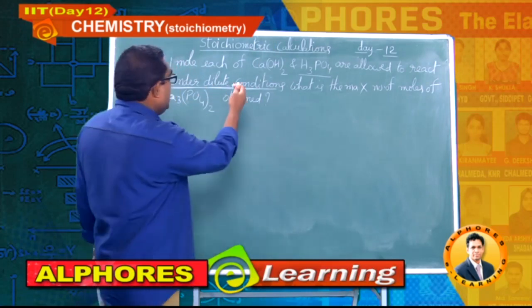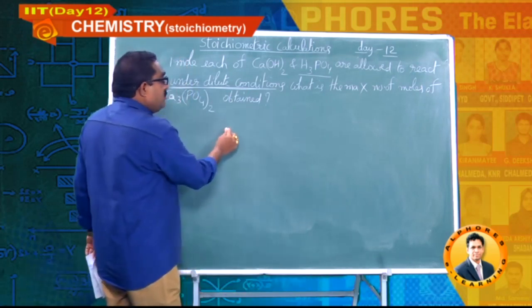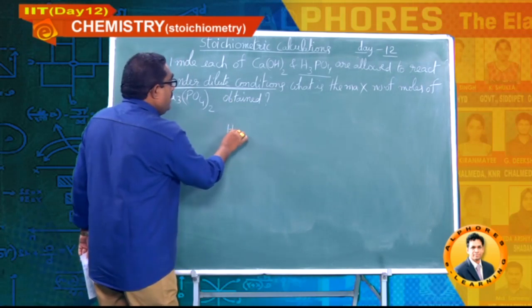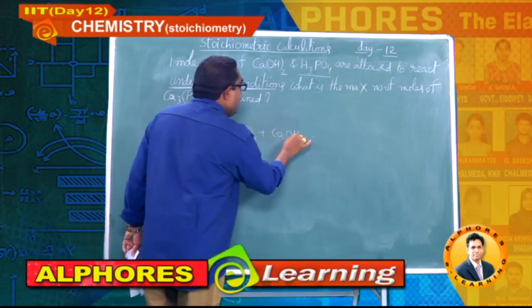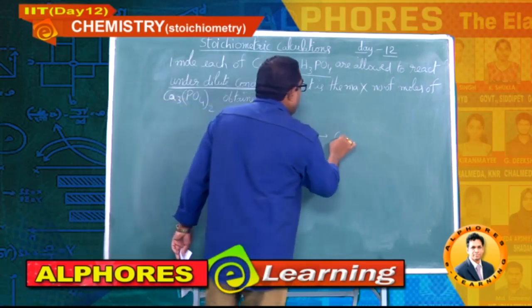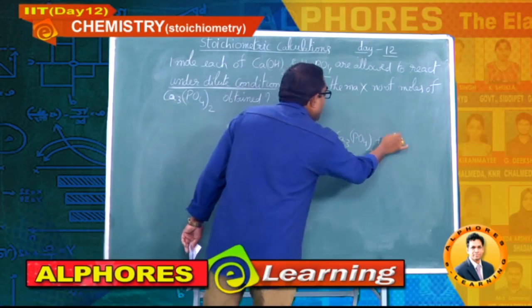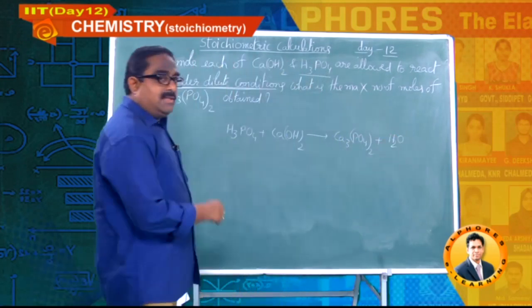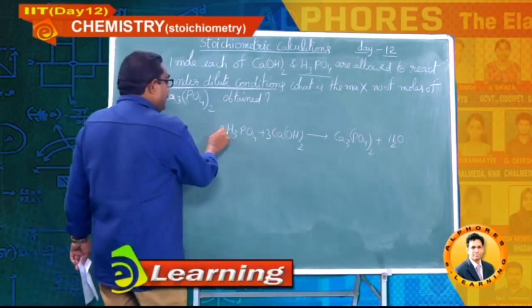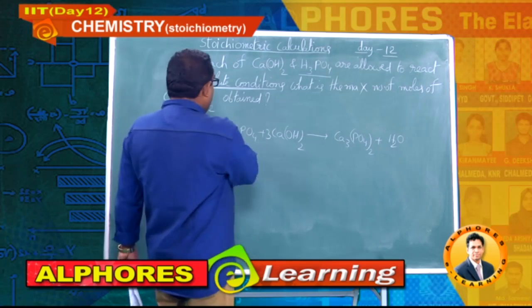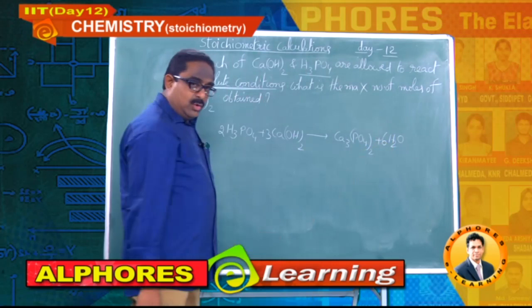So as per normal stoichiometry concept, we can calculate this. Write down, students. I am writing. Phosphoric acid H3PO4, calcium hydroxide, all the chemical formulas he has also given, no problem, and no doubt we will get water also along with that: acid, base, salt and water. 3 calciums, 2 phosphorus, close. So 2 into 3, 6 hydrogens, so 3 into 2, 6 OH, so you will get 6 H2O.